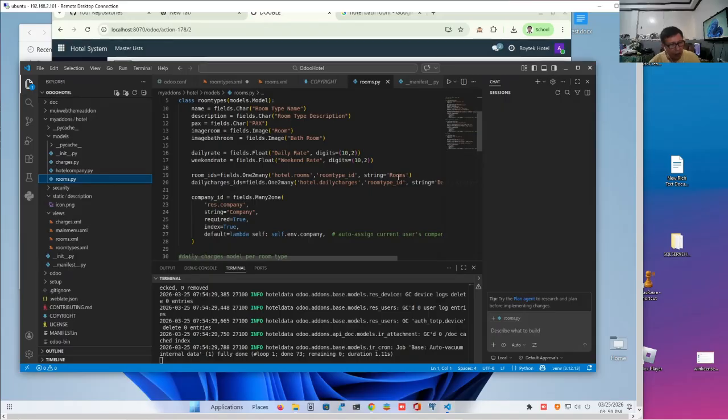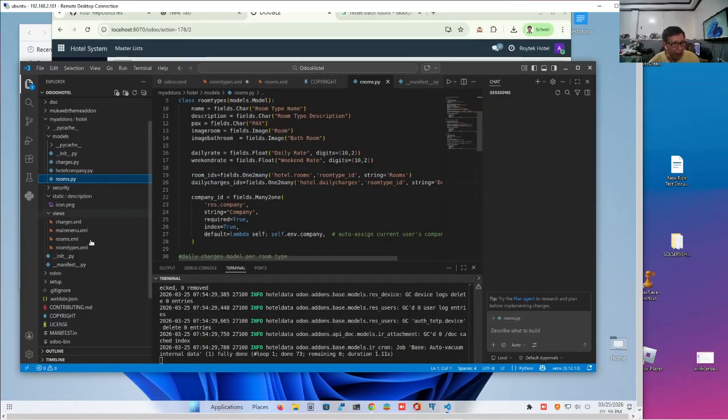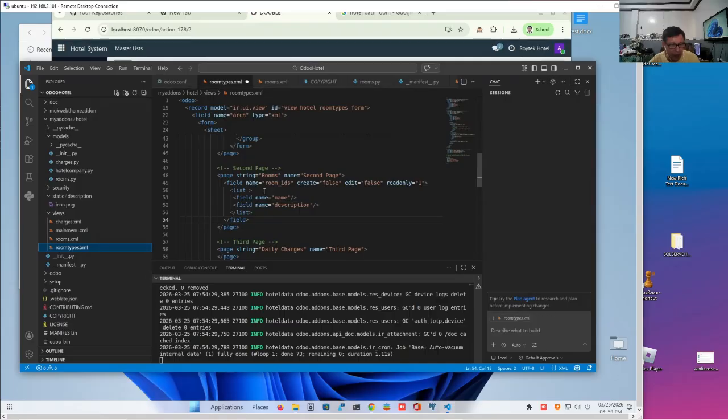Particularly, you can also get the room name itself, given that you have a link using a one to many link. So this is the room IDs field. Let's go back to our room types XML. So we're saying room IDs. This is a collection of IDs of the rooms that are associated with this category.